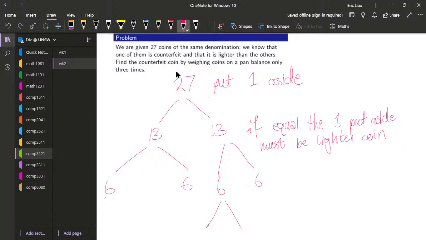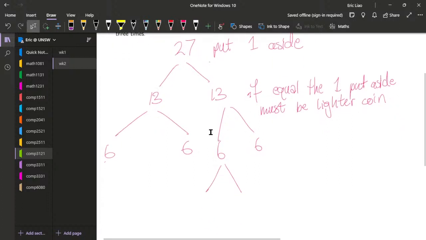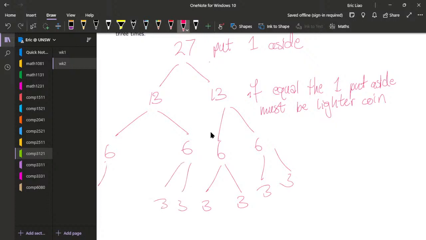Same logic here. So we got 1, 2, 3. Oh, this is not good, because if I do that, I can't do it in the right amount of turns. We find out this side is heavier. Then we have one more way in. That one more way in, we have to somehow